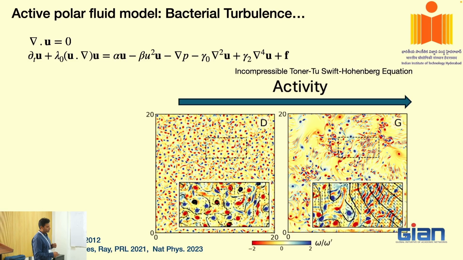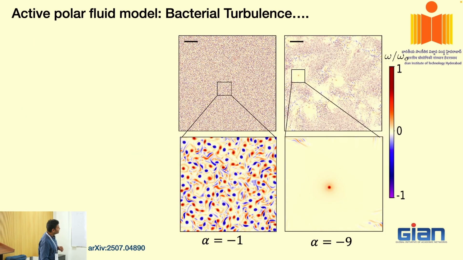Now what is happening in these states, and this becomes much clearer in this image, is that there is a mixture of states. You have states which are trying to flock. These structures flock or herd when alpha starts to dominate, but then you also have structures which are chaotic, which means the length scale of these small structures is exactly the same as the length scale of these, because both of them are present now. But if you keep on increasing alpha, you will see that the flocking state will start to dominate more and more. So this area will start to grow, and the herd size will start to increase.